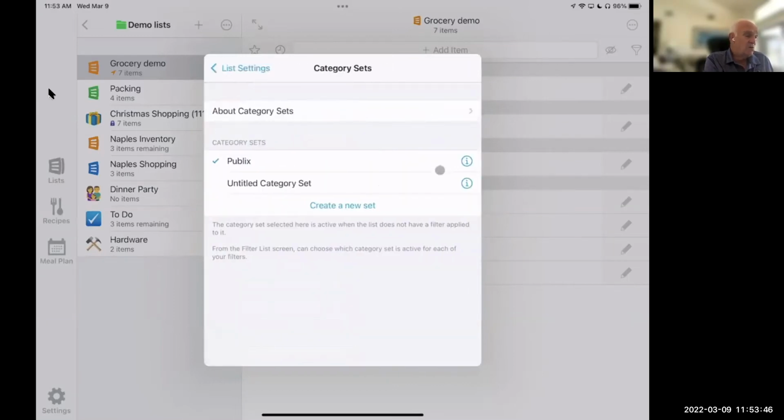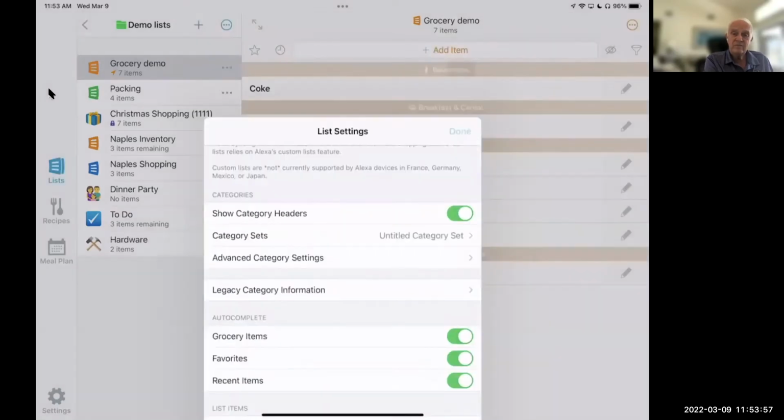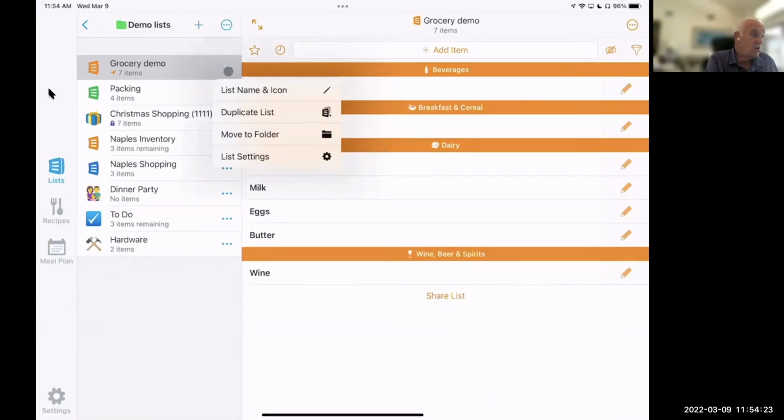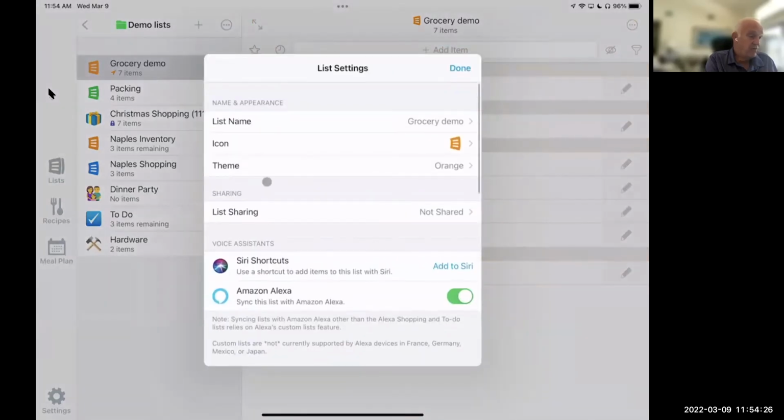But I'm going to go back to my category sets. Originally I had it set up for untitled. That's sort of the way it comes to you. It comes up as an untitled category set. And then when I go back to here, things are in a different order. They're kind of in different places. But I didn't like that order because, as you saw, my other choice was Publix. There's a Publix store near me. And when I walk in, I know kind of where the first two things are. Referring back to just where I was, notice the beverages at the top, and then cereal, and then dairy. If I go back to my list settings